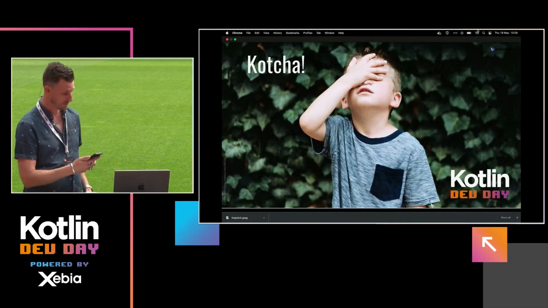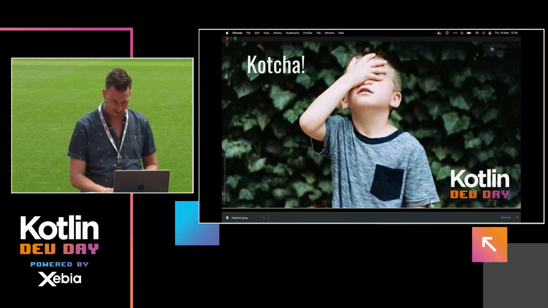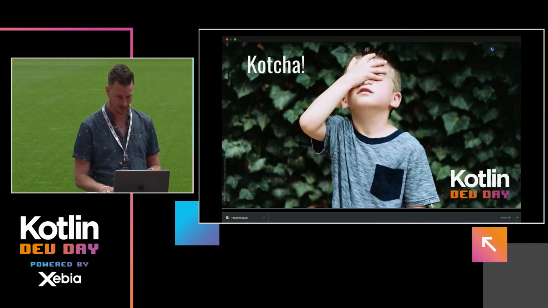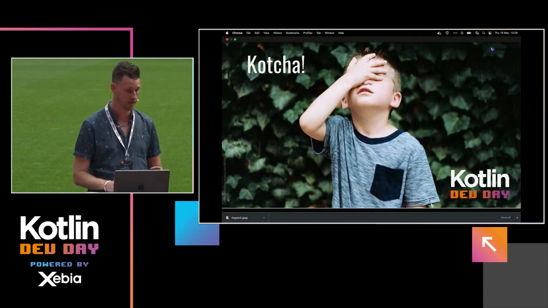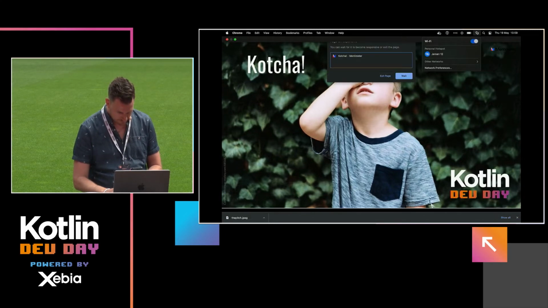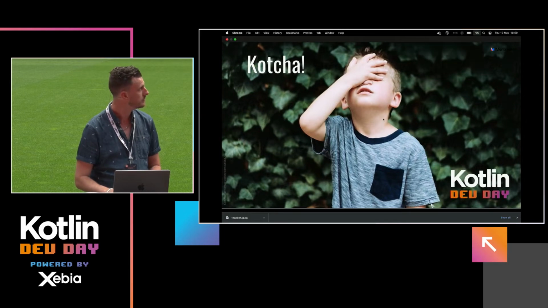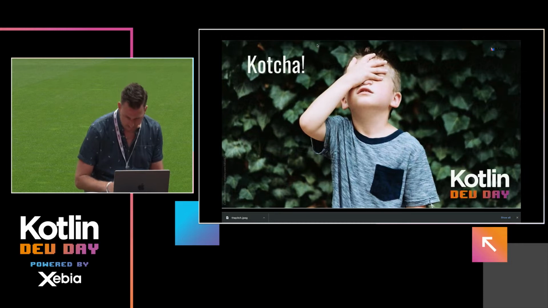But first, if the slide will move. Let me do it like this. Well, that's another gotcha moment, of course. Sorry about this.